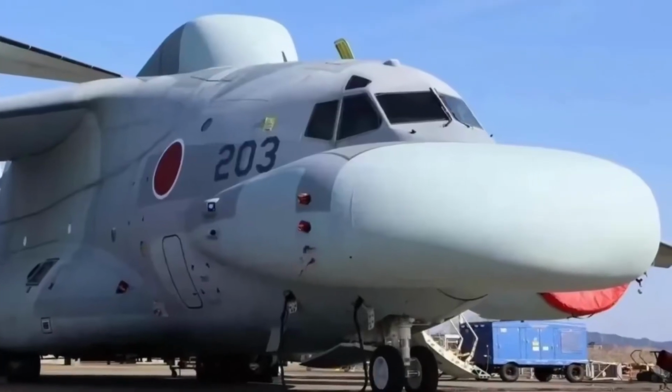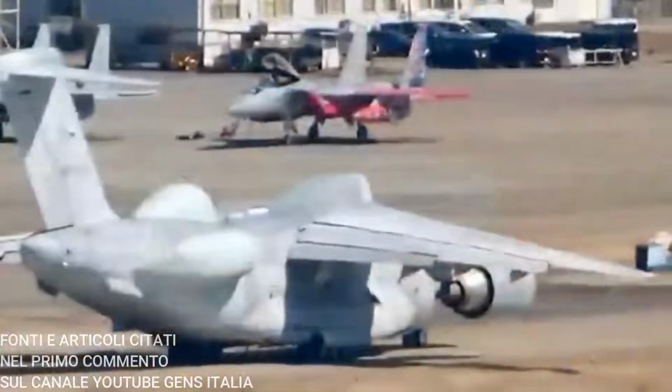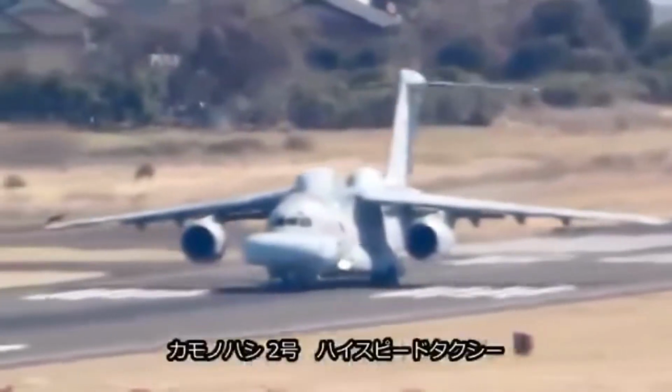Today we're talking about this thing here, which might not be the most beautiful airplane in the world, but it's definitely very useful for Japan, the country of Gundam and Samurai. In fact, on March 17th, the new Kawasaki electronic Countermeasures 2 electronic warfare aircraft made its first flight, and you've